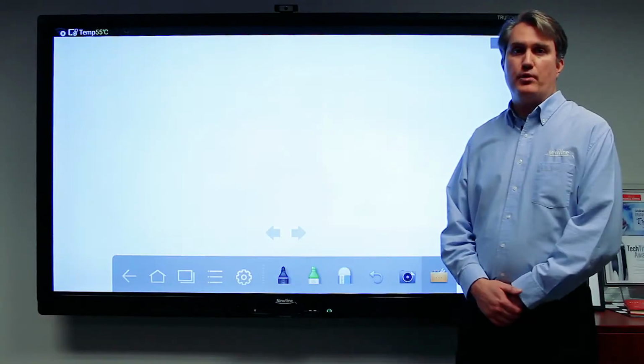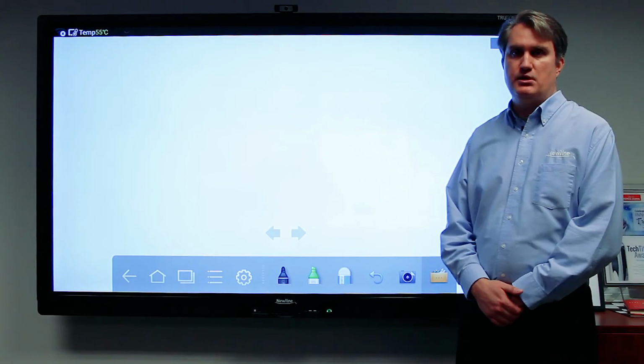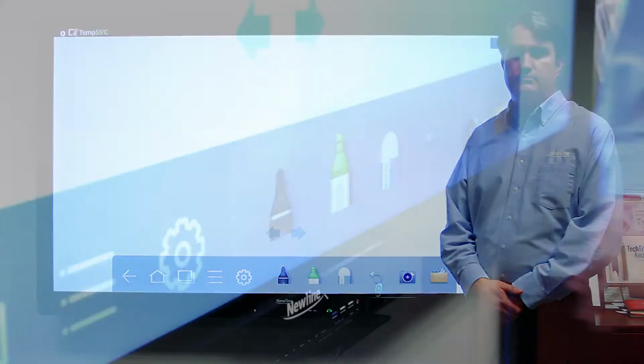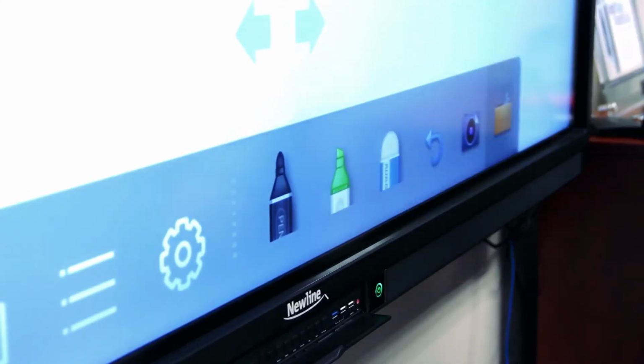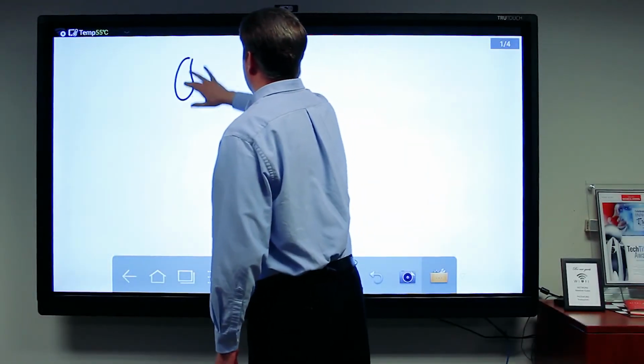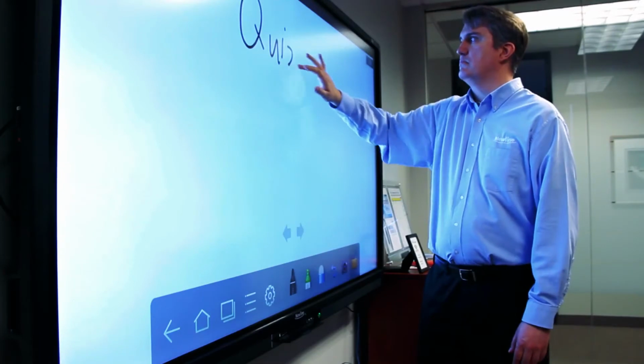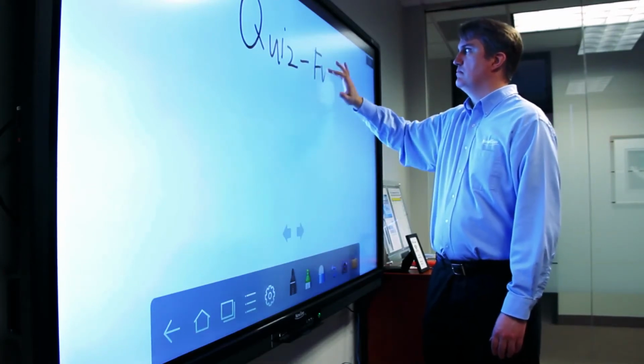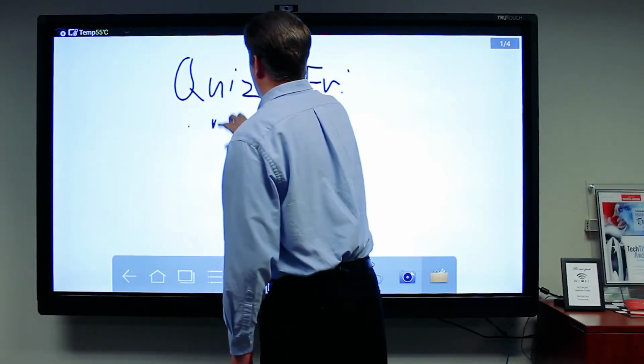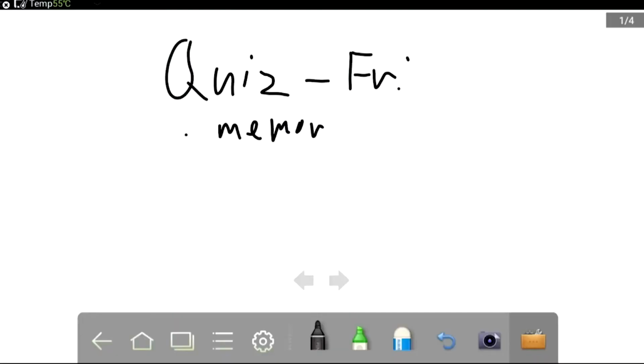The TRUTOUCH whiteboard really is a very convenient solution to use, because all I have to do is tap one tool and I'm ready to put ink on the board. I'll tap my writing utensil and I can say quiz on Friday, and I can say memorize the presidents in chapters